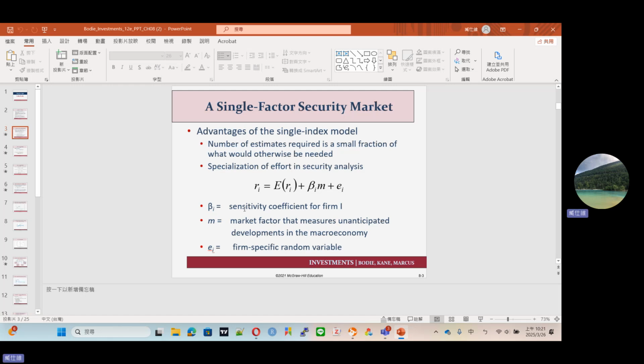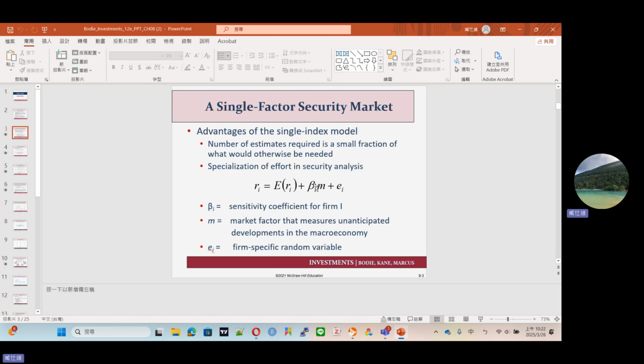If you check out this equation, suppose M is a market factor, or maybe you can treat it as the market abnormal returns. That means if market return increased by 1%,